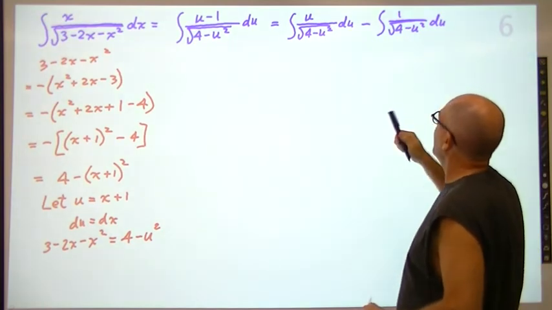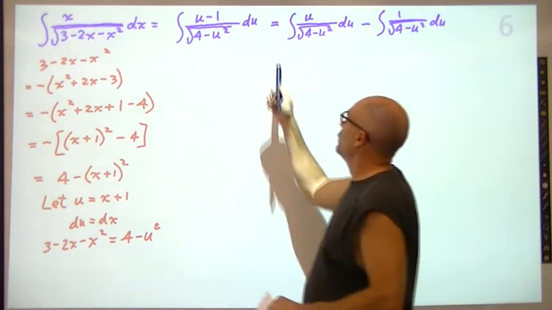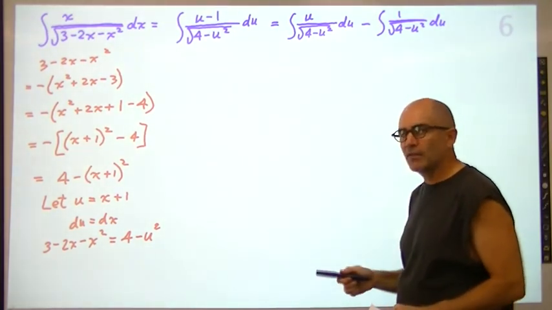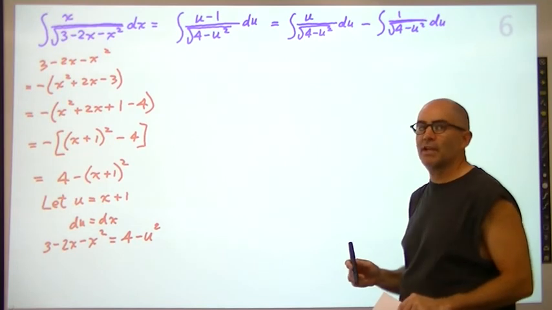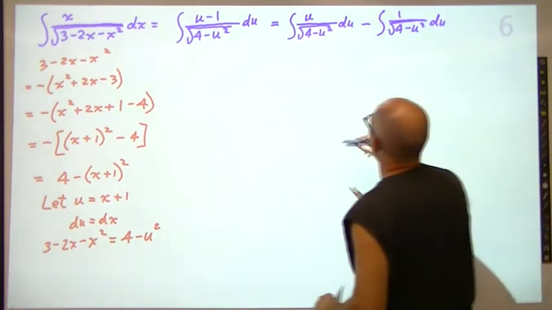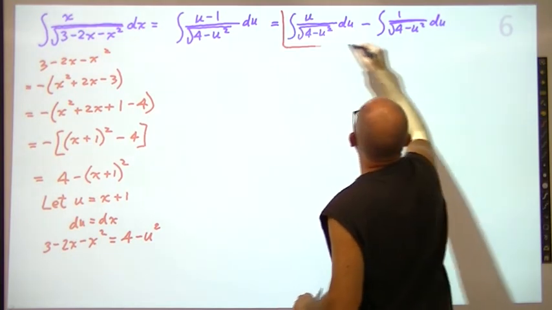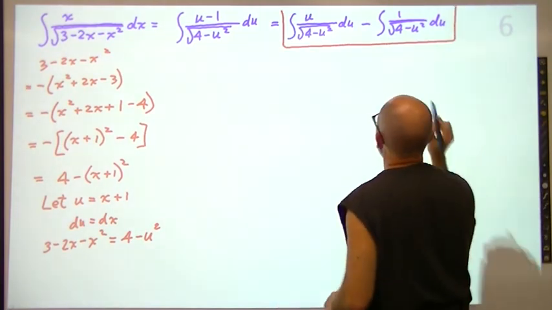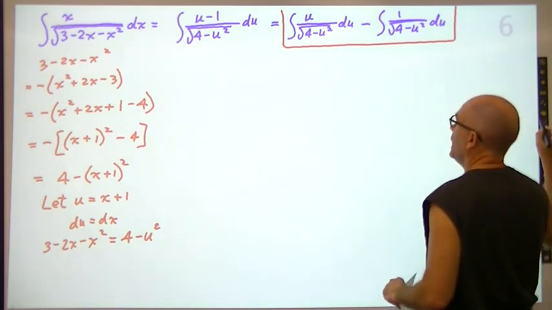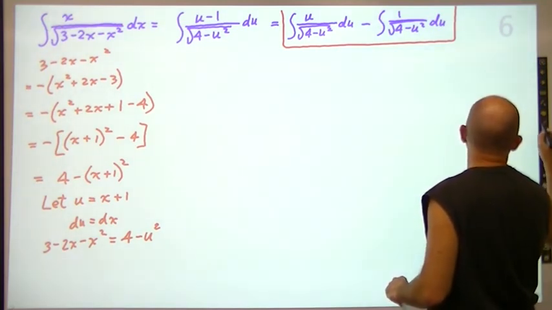But the other way to do it is to just do the trig substitution with this whole thing. And that way actually ends up turning out easier. So we'll just put this in a little box. We could do that, but we don't have to. So now what we're going to do is